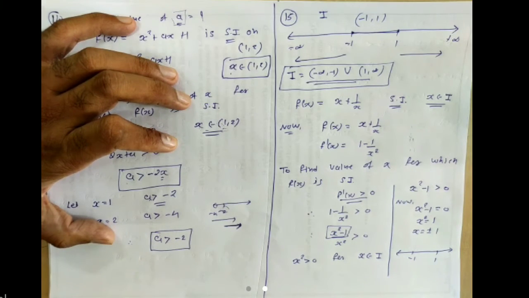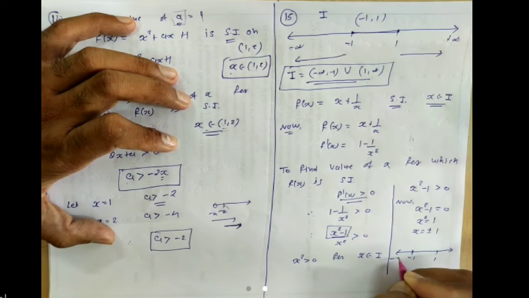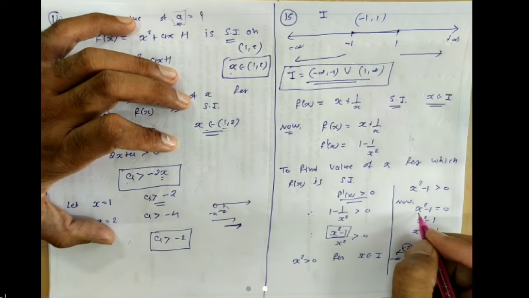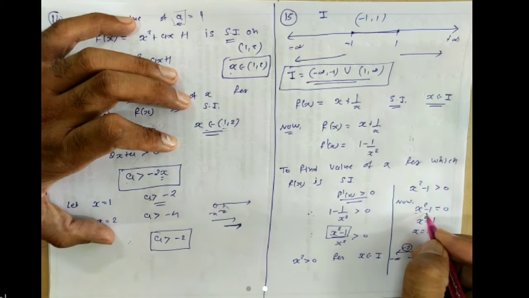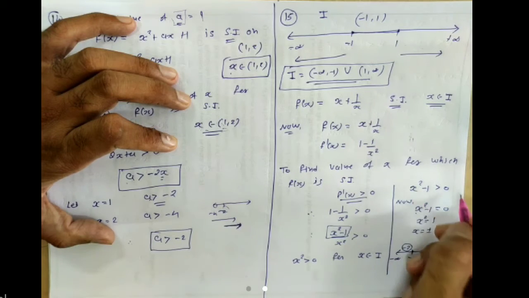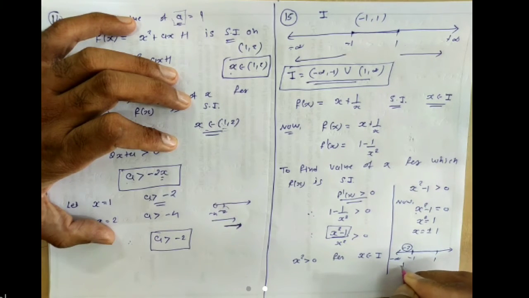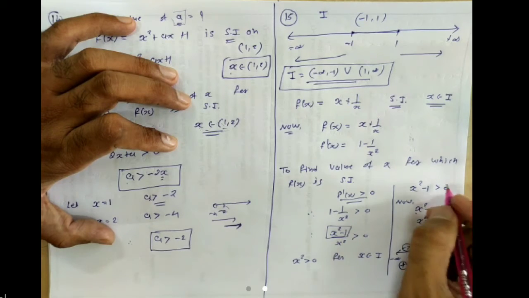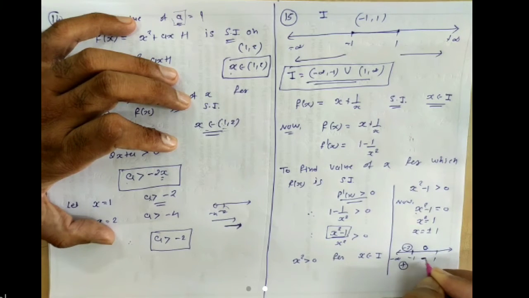So if we take any value between minus infinity and minus 1, suppose we take minus 2, put this minus 2 over here. So minus 2 square, 4 minus 1, which is 3. So 3 greater than 0, yes, it is true, the inequality is true. So our function is increasing over here, so it is positive. Put one point over here. Suppose we take x equal to 0, so for that the inequality is 0 square minus 1, minus 1, so it is false, the inequality will be false, so the function will be negative over here.